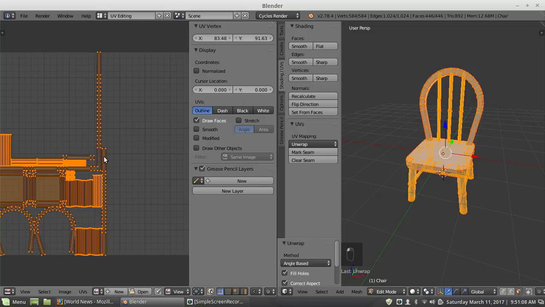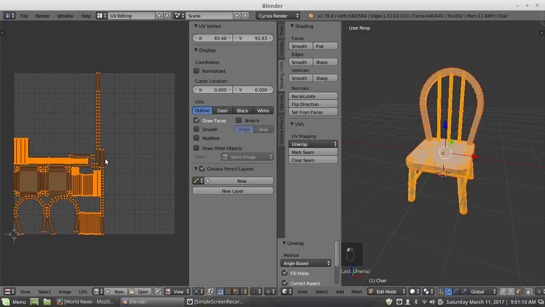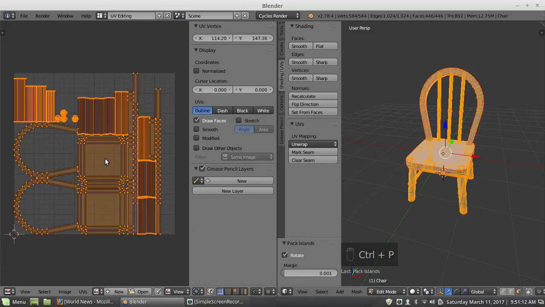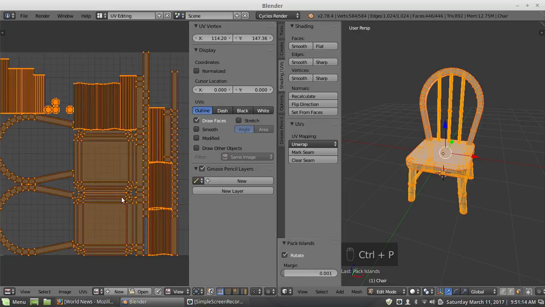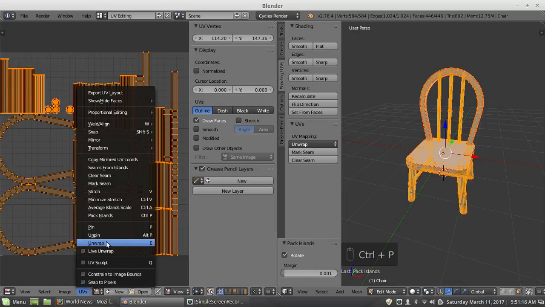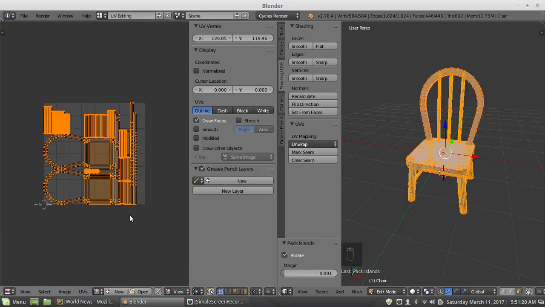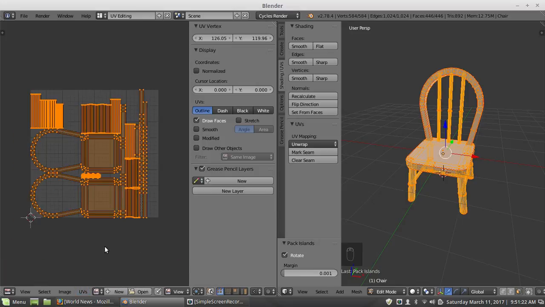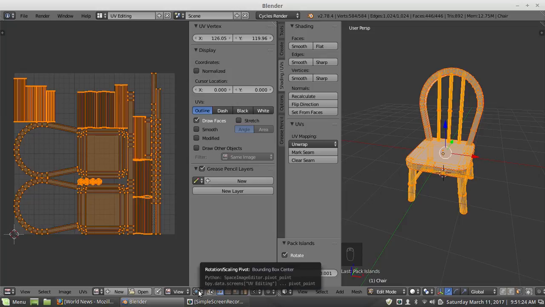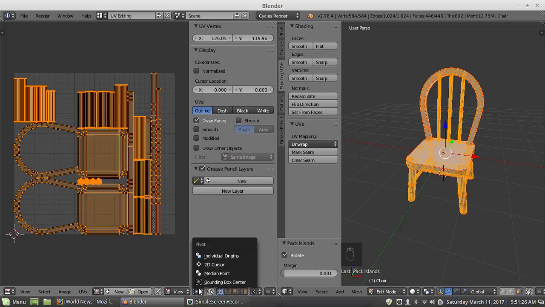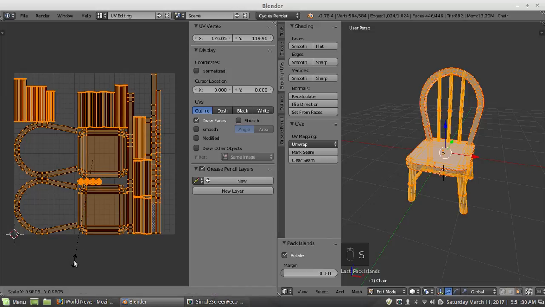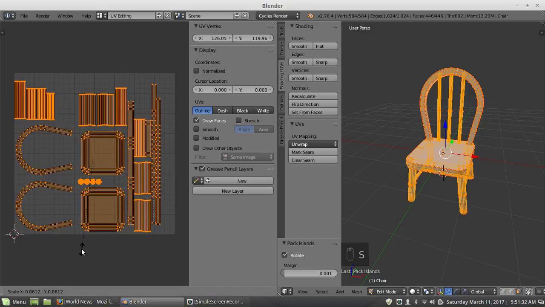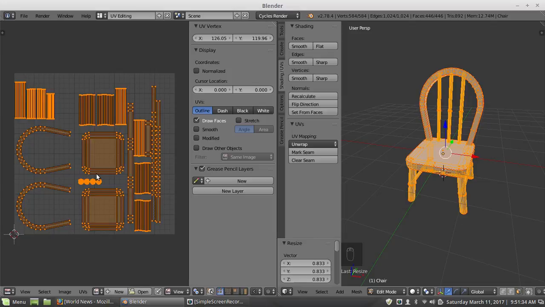So now we have our layout of the chair, but it's still not quite optimal. So I'm going to hit Control P. And that will reposition islands. That's the same as pack islands. Control P is pack islands. And while all that is selected, I'm going to go to the rotation scaling point, and I'm going to do individual origins and scale down and make these slightly smaller so I have some room for these things to bleed